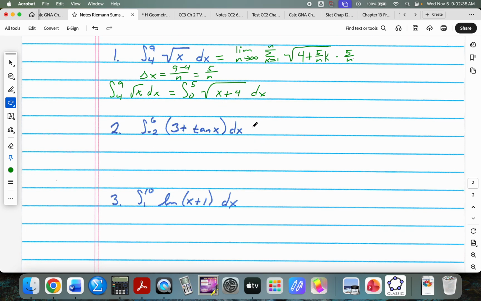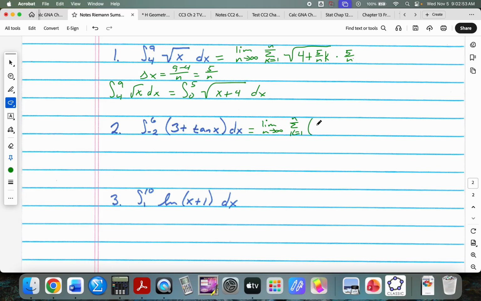All right, so let's try this next one. So we'll have the limit as n goes to infinity, we want an infinite number of subdivisions of the summation as k goes from 1 to n